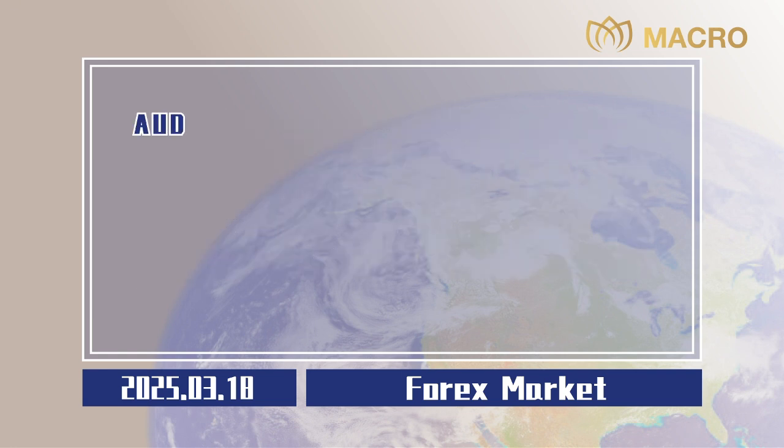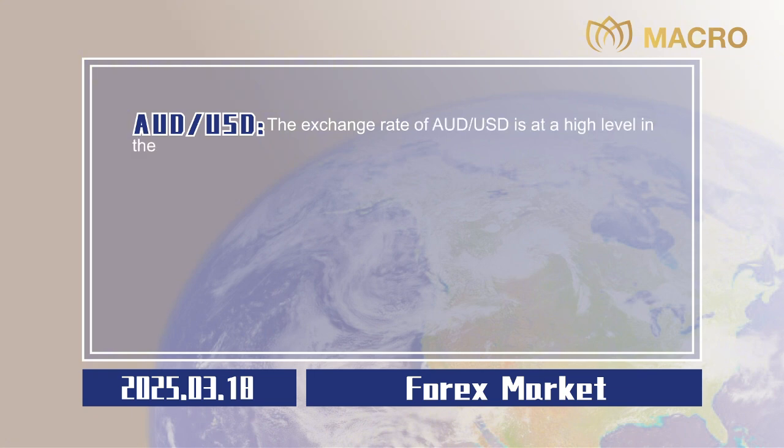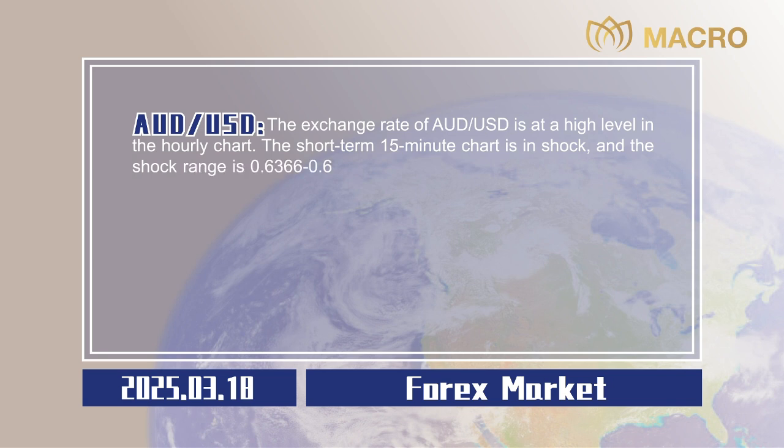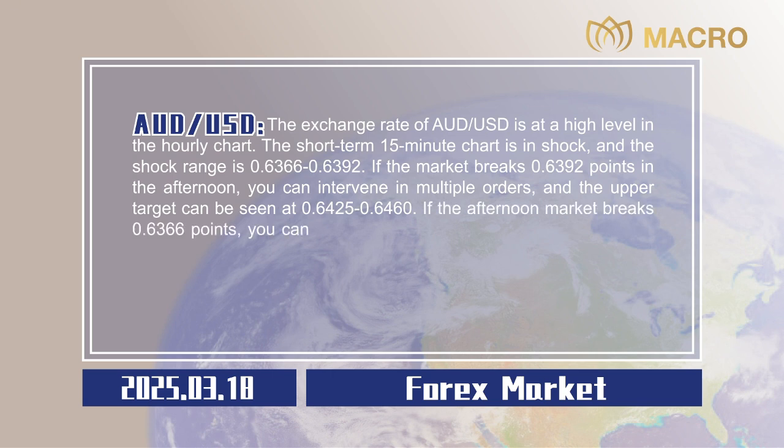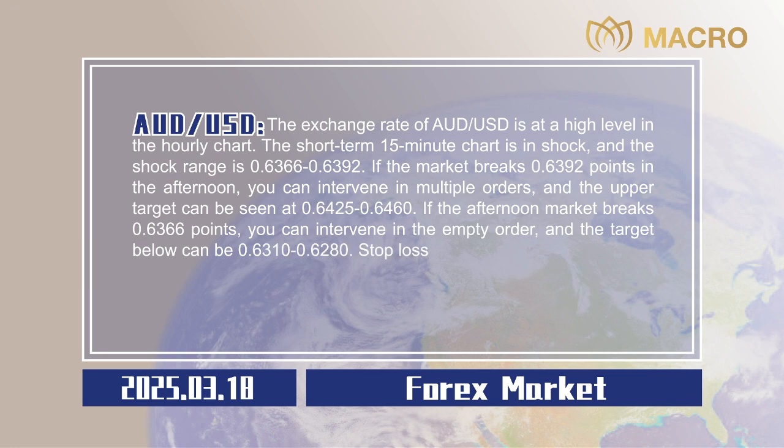0.0020. Australian dollar to US dollar. The exchange rate of Australian dollar to US dollar is at a high level on the hourly chart. The short-term 15-minute chart is in shock, and the shock range is 0.6366 to 0.6392. If the market breaks 0.6392 points in the afternoon, you can intervene in long orders, and the upper target can be seen at 0.6425 to 0.6460. If the afternoon market breaks 0.6366 points, you can intervene in short orders, and the target below can be 0.6310 to 0.6280. Stop losses are all 20 points,